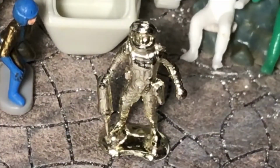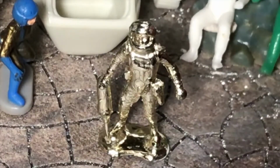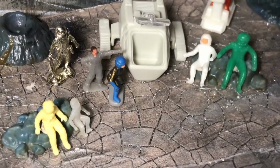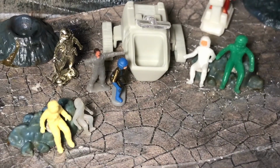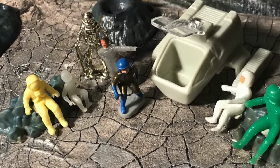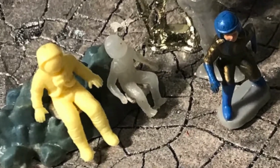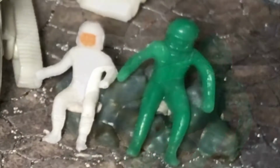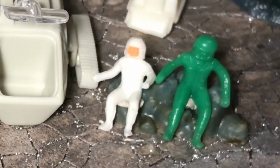For small figures, I always start with a golden astronaut, but LP Toys never made a seated pilot figure. Instead, we've got left to right an Airfix pilot, a little multiple toy makers pilot from the Golden Astronaut moon base, a Mark's Toys Lunar Exploration miniature playset seated pilot figure, and in green, a mystery spaceship seated pilot figure,